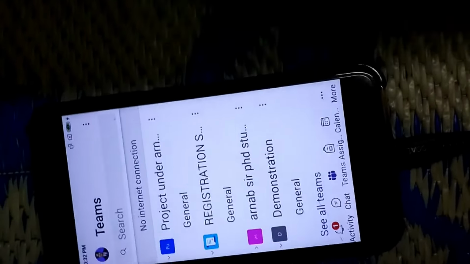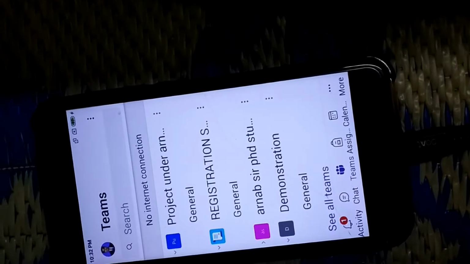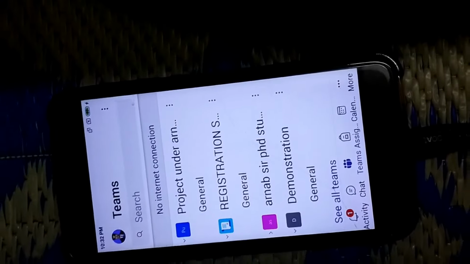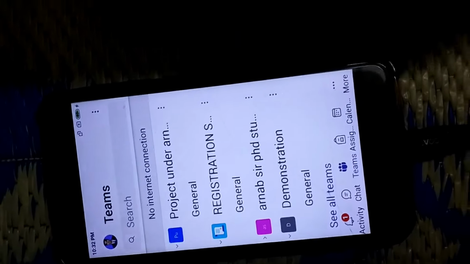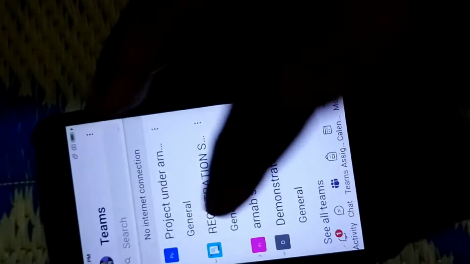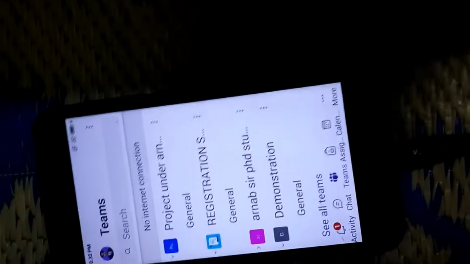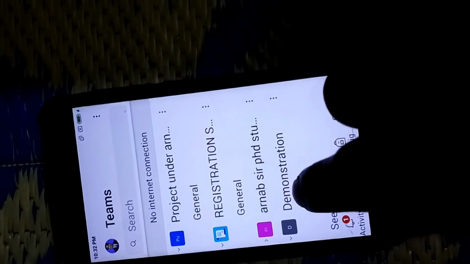Since I'm taking two courses, one is Machine 2 and another one is Advanced Control System, I'm making a common video so both can understand. This is how the MS Teams portal will appear to you. So I'm going into this demonstration.